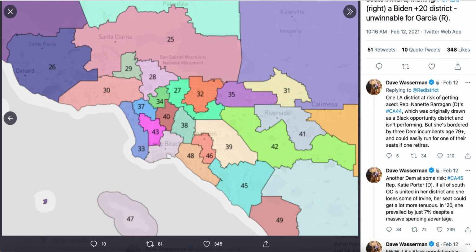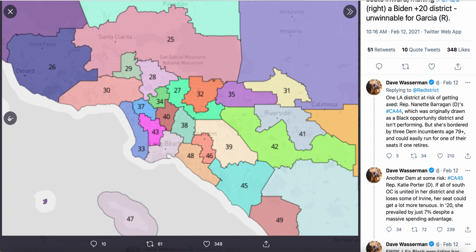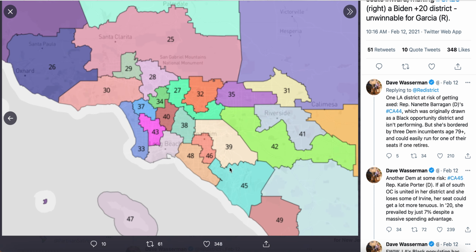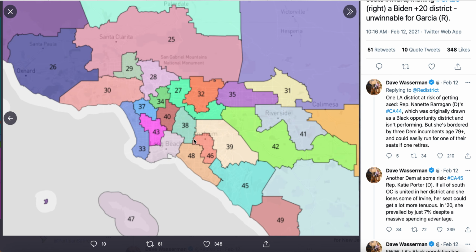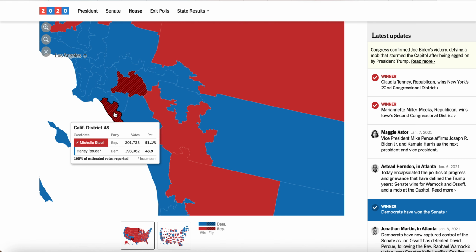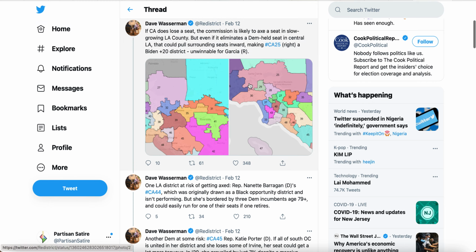And then for Michelle Steele, the other Republican, she'll probably do fine. There's not really much difference between now and the future, besides that her district is going to be packed a little bit more in this area of Long Beach. So it will be as competitive as it currently is, maybe even a tiny bit more competitive, but I don't expect that many changes to happen with her district.